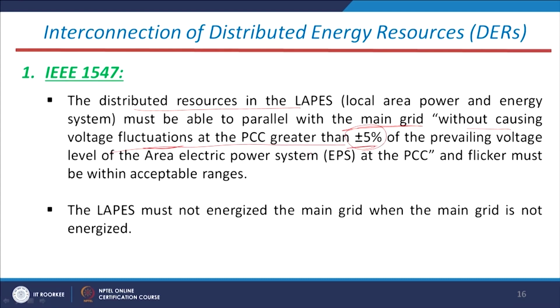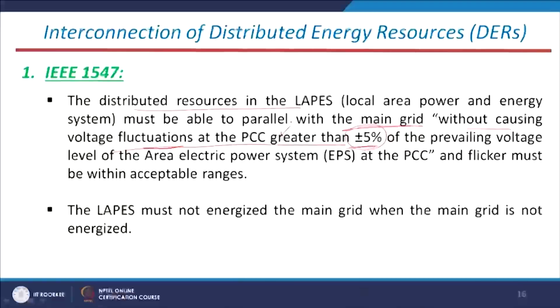So, we will connect the DERs, maybe the solar system or wind system, to the existing grid in such a manner that the voltage fluctuation at the PCC bus should not exceed plus minus 5% of the rated or nominal value. That is one of the standards for this IEEE